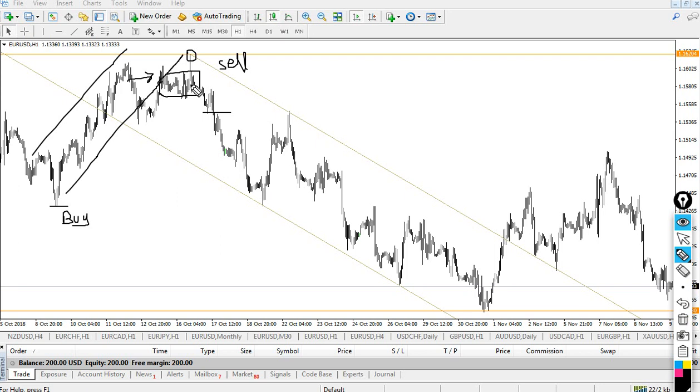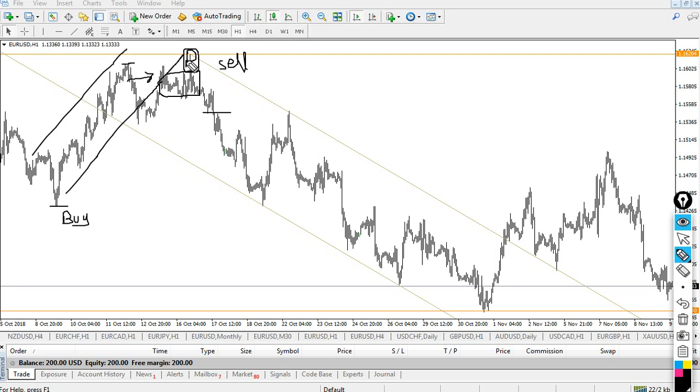And then there is a signal. Which signal? The signal of a spike like this. This is a signal that the market is now pushing itself downward. Now the second confirmation is, when you see that the market is going down, you have to take a part of support and resistance. You have to take a part of support and resistance.